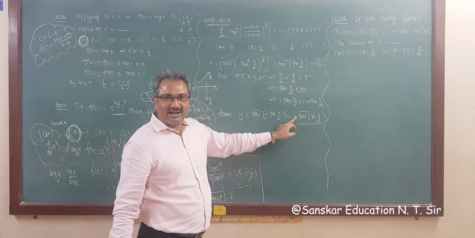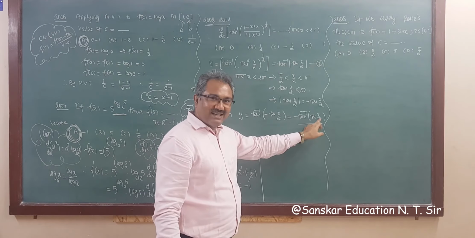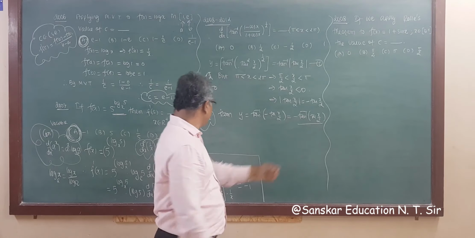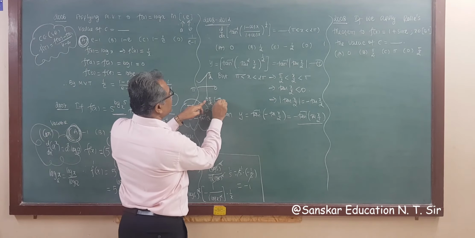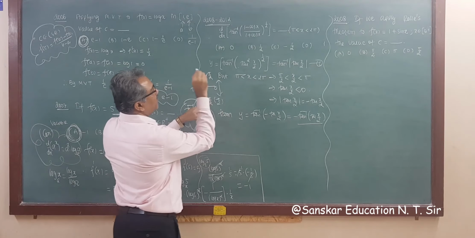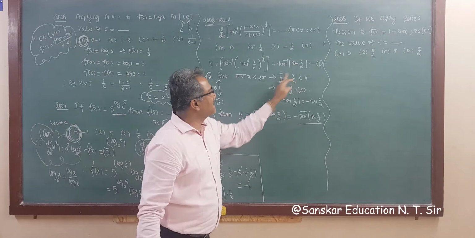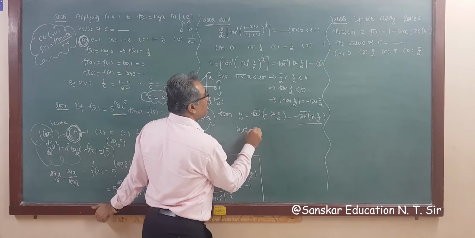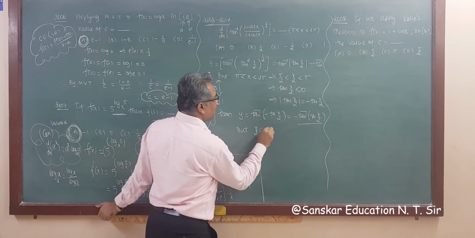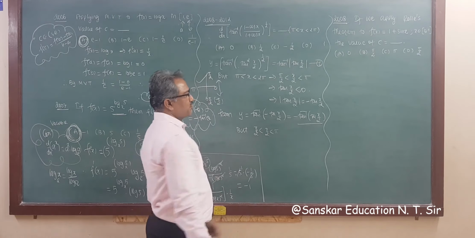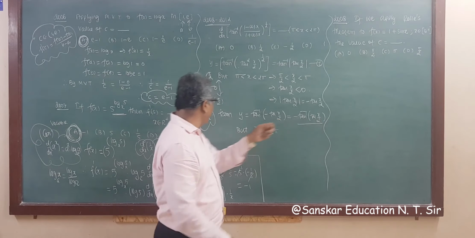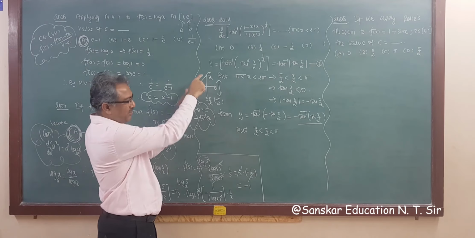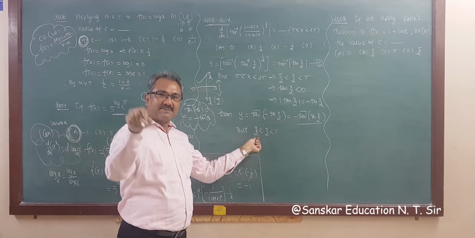Now recall my dialogue. The answer of this is x by 2 if x by 2 lies in the range of tan inverse, that is minus pi by 2 to plus pi by 2. But here x by 2 lies in pi by 2 to pi, right? So pi by 2 is less than x by 2, which is less than pi, so x by 2 is not lying in this required interval. x by 2 is lying here in the second quadrant. What to do? Subtract pi.